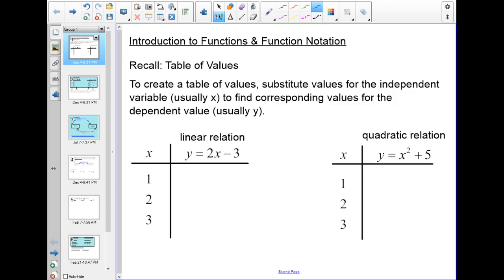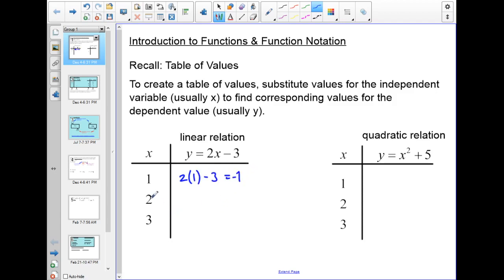And if we had a linear relation, our dependent variable would be given the equation of some sort of straight line. So I've just made up an equation in the form y equals mx plus b. And so our dependent variable is y, and our dependent variable is defined in terms of this set of rules, 2x minus 3. So when I put in a value of x equals 1, my y value is 2 times 1 minus 3,